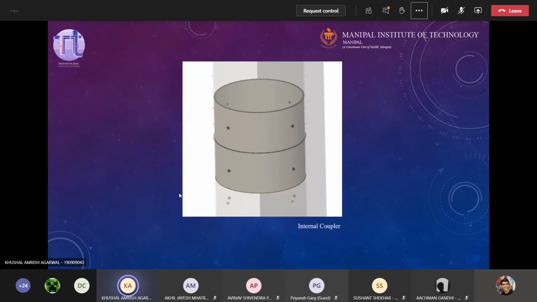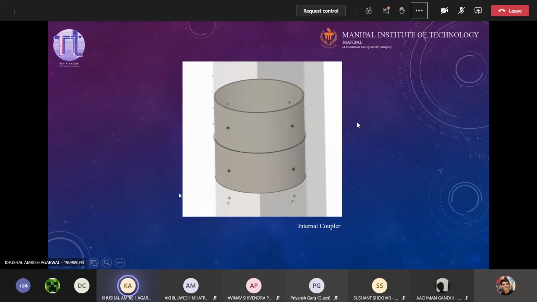But what about the nose cone and the boat tail? Do you think a coupler can be used on them? It can't be because of the shape. Yes, that's correct.